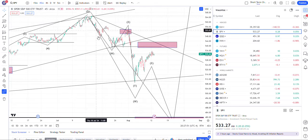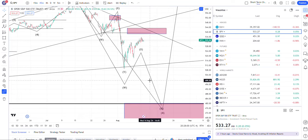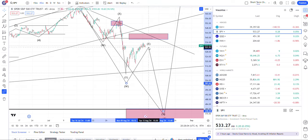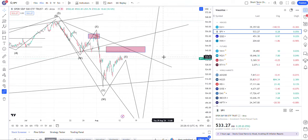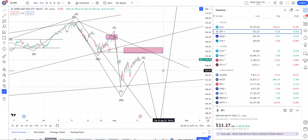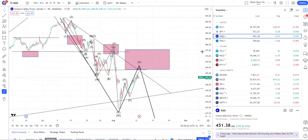There's even the ABC for a 1, 2, 3, 4, 5 for like a leading diagonal down, where you only get to about 500 SPY in that case. So we don't really know, but if we get that count, then we know the bounce will probably come back up maybe to 544 or so, and then it would crash. So we don't know, but I don't like buying it here,